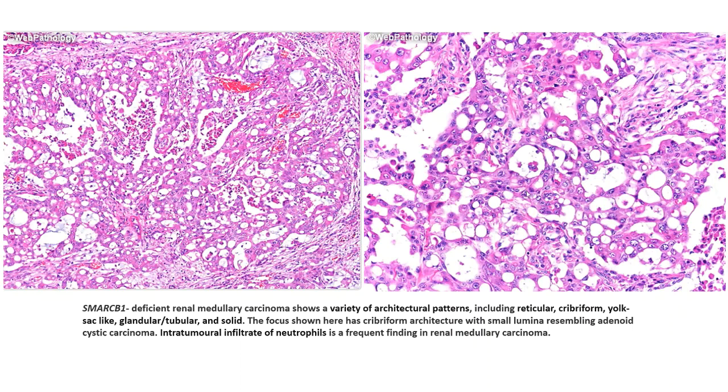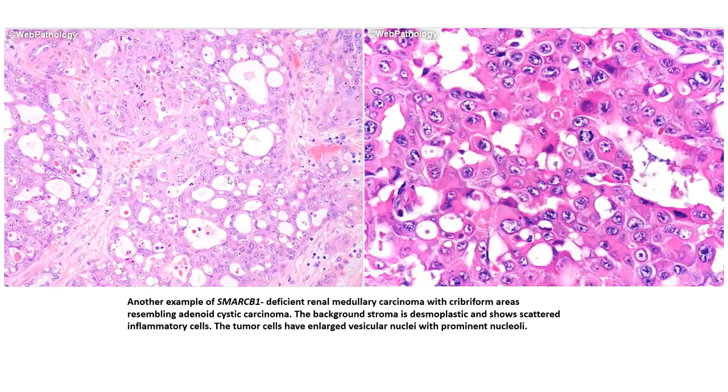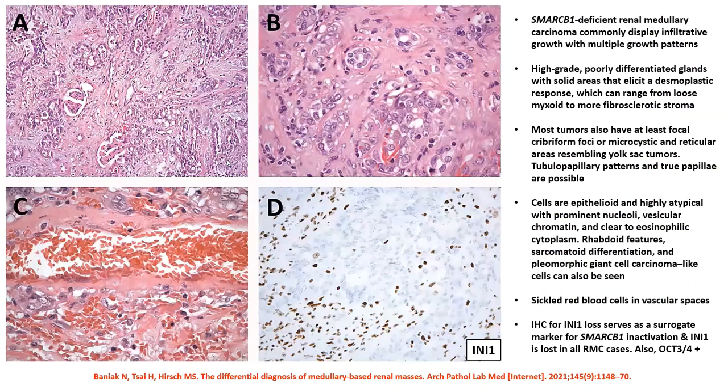Now, this cribriform microcystic appearance and adenoid cystic-like overall microcystic configuration is often seen in the case of renal medullary carcinoma, and a tumoral infiltrate of inflammatory cells, that is neutrophils, is also a very frequent finding. So over here, you have the characteristic cribriform pattern, seen with cells having a high nuclear grade, at least grade 3 nuclear features. And like I said, sometimes you can have a pattern of infiltrating tubules,